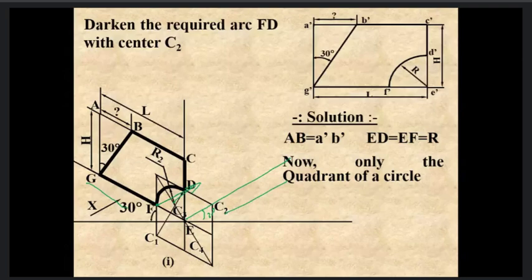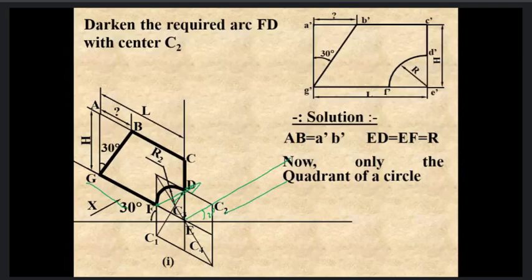Now I have these two points. This point is similar to this point, meaning it will remain as it is over here, and this point is used to draw the curve. So I have taken this as a center and this much as a radius, and I have drawn the curve like this.